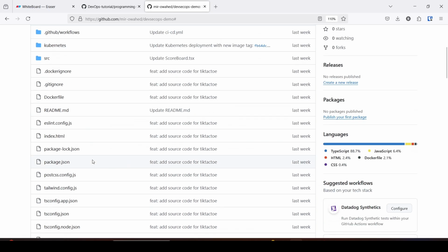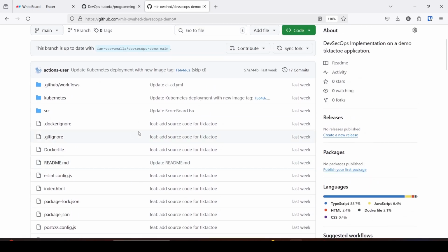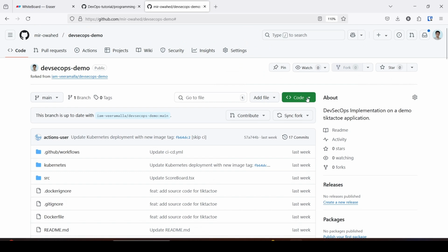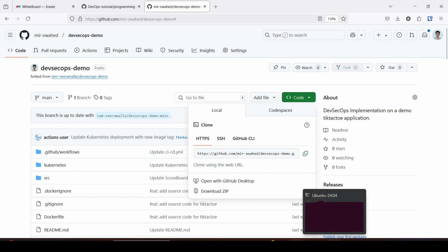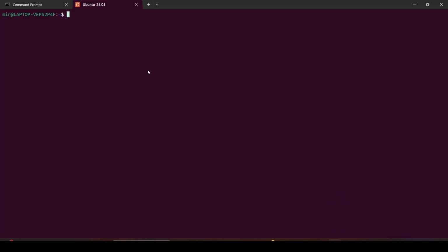To clone this application, just go to the code section, click on HTTPS, and click on copy. Then open the Ubuntu WSL, and here you should write just, I have already done ls